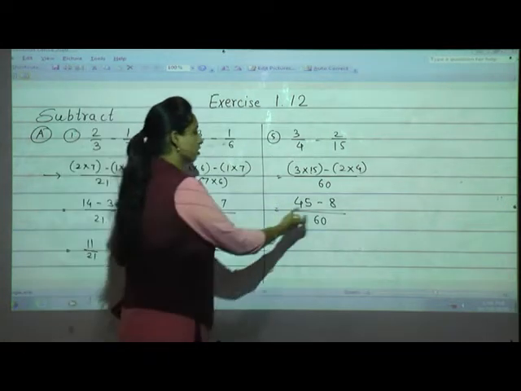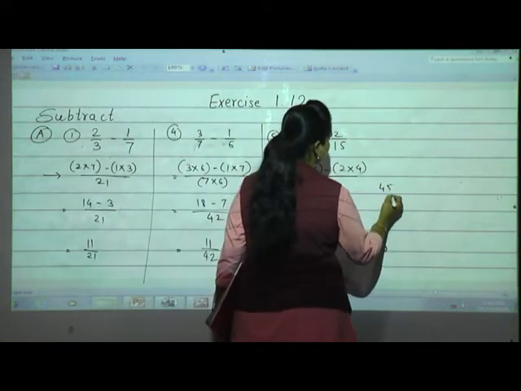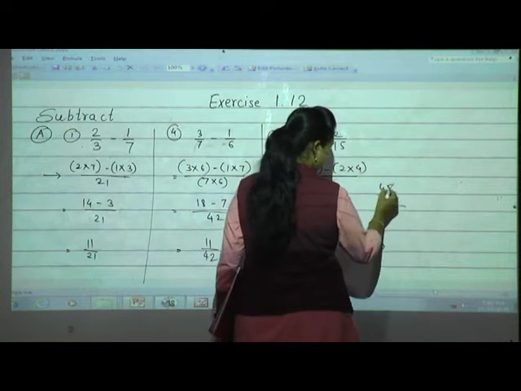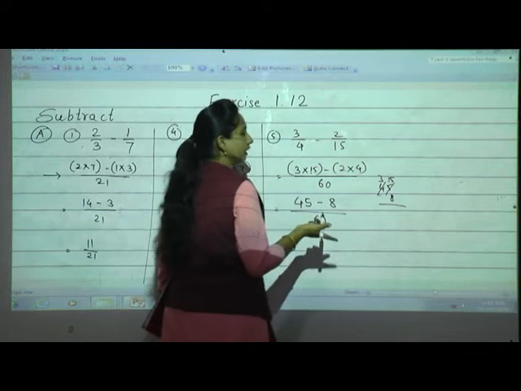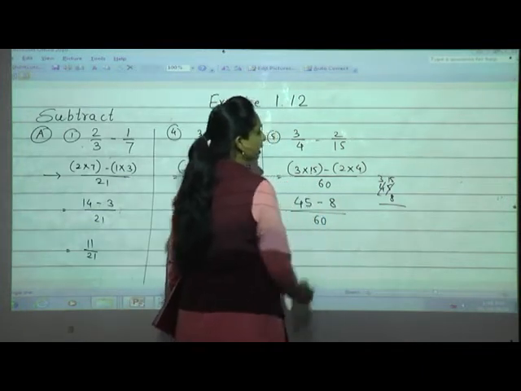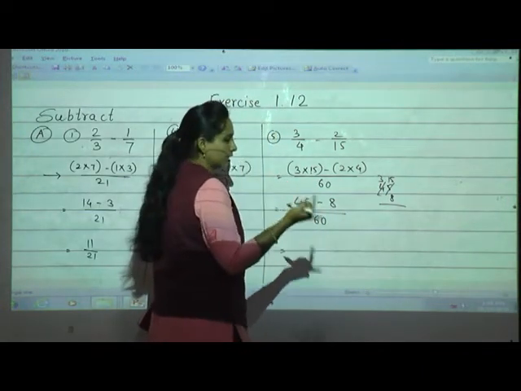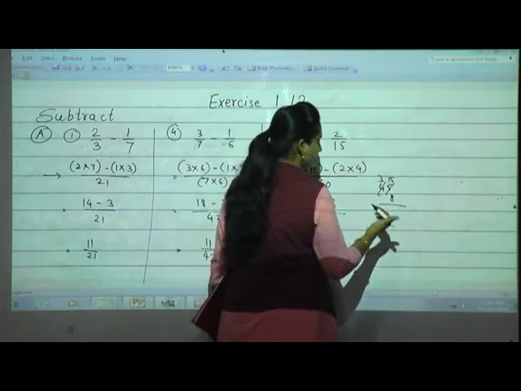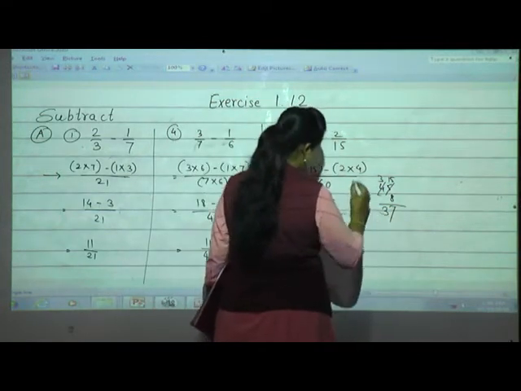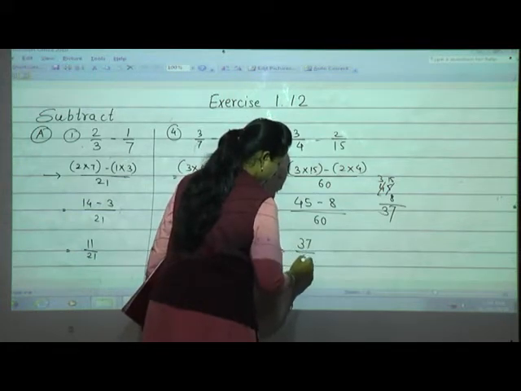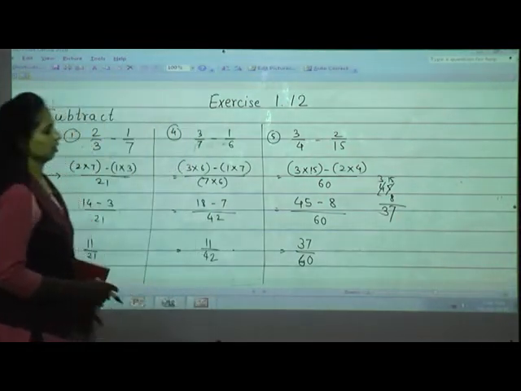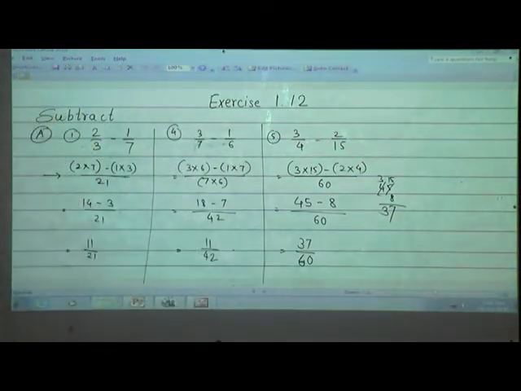Now we have to subtract. See, I'll do it here. 5 minus 8, we cannot cut, the 5 right as it is. Take a borrow from the neighbor. The neighbor is having 4, he will give 1, 3 will remain. Now 15 minus 8, count after 8: 9, 10, 11, 12, 13, 14, 15, so 7, and 3 as it is. So what is the answer? 37 upon 60. Clear? Yes? Very good.